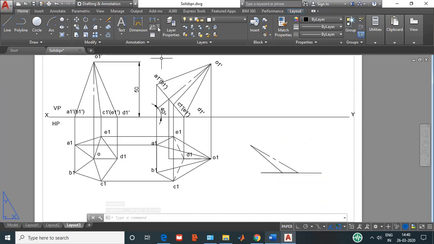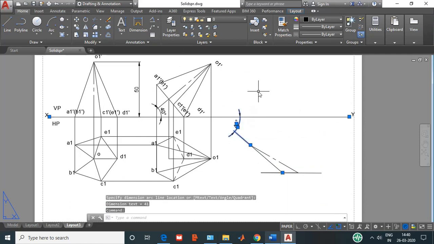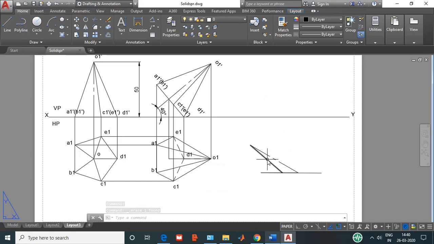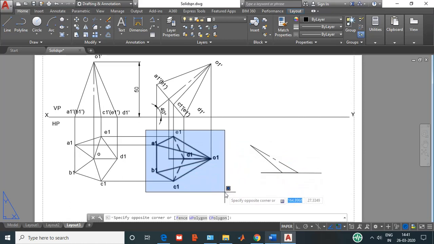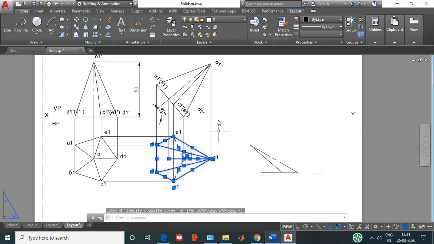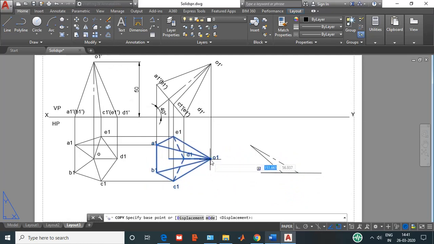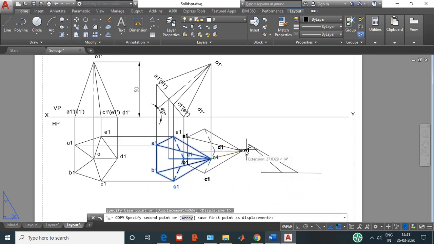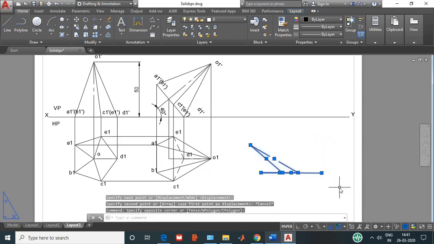Let us measure how much the beta angle is. The beta angle you will get is 41 degrees. For the time being I will delete this. Now this is your beta angle line, this is your axis line. With respect to this I need to reconstruct this entire pyramid over here in the manual sketch. In the software I can directly copy this and rotate it with respect to that. So copy with respect to this point and keep it before that. Let me move it a little bit to that side so that the views don't get merged.